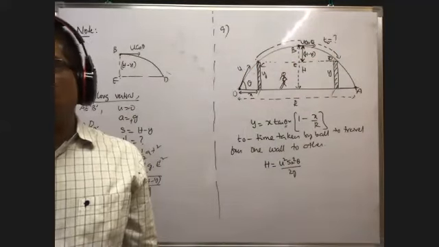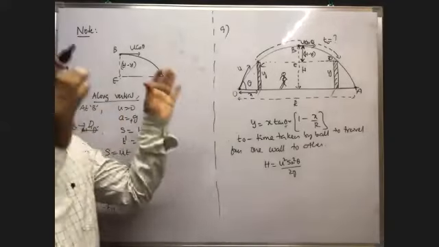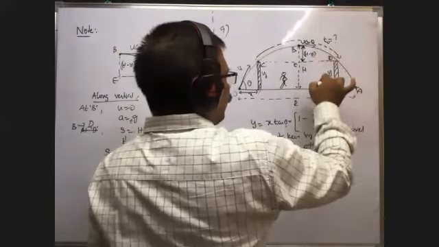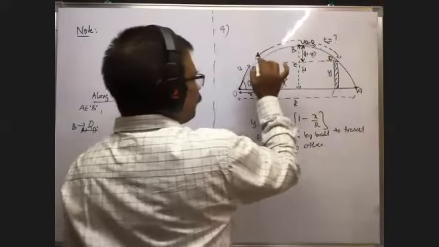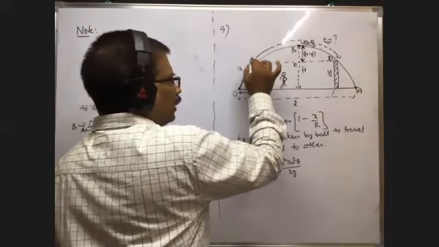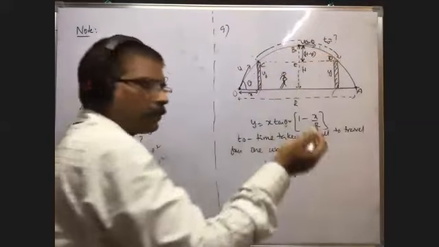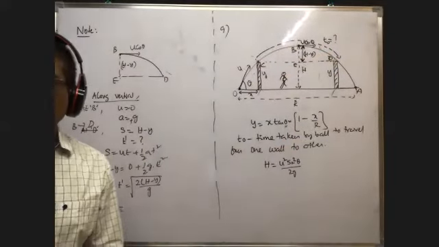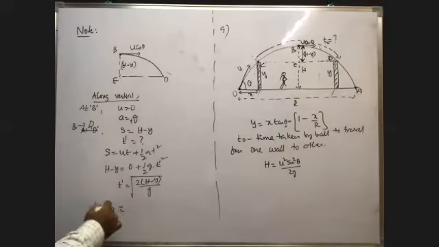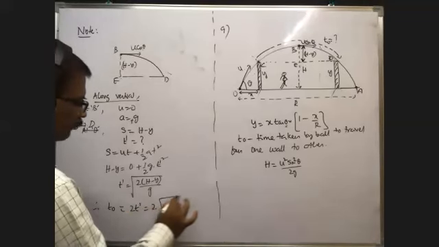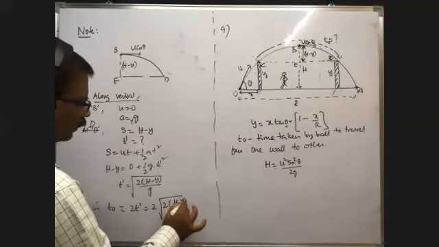Different walls means we have to do it individually. If different walls are there, we have to do it individually. Here, if you take the wall here, the time taken by the ball to travel this much height is t1, and the time taken by the ball to travel this much height is t2. Then t2 minus t1, we have to do separately in that case. Now, what is t naught? Tell me. Twice the t dash, that means 2t dash, which is equal to 2 into root of 2 into (H minus y) by g.